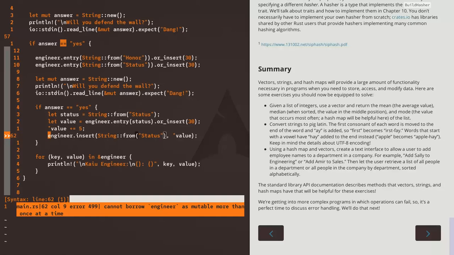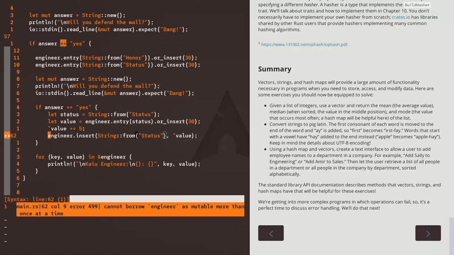Using a hash map and vectors, create a text interface to allow a user to add employee names to a department in a company. For example, add Sally to engineering or add Amir to sales. Then let the user retrieve a list of all people in a department or all people in the company by department sorted alphabetically. The standard library API documentation describes methods that vectors, strings, and hash maps have that will be